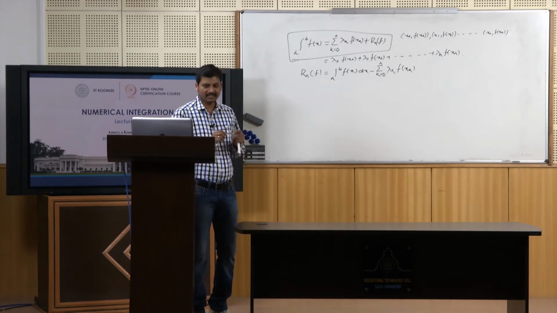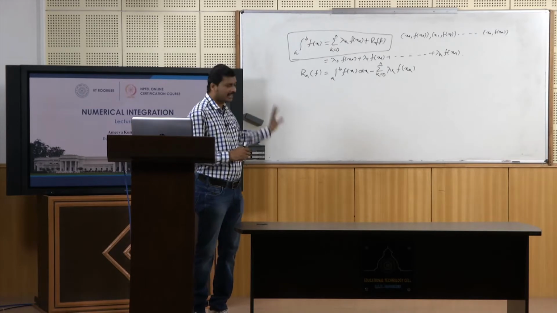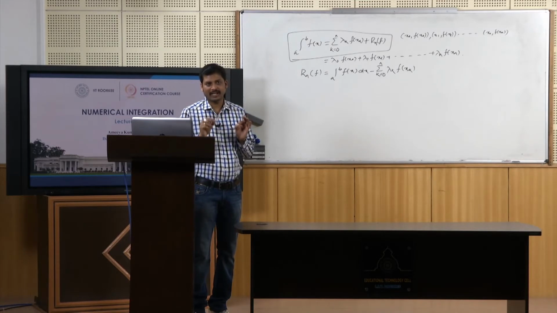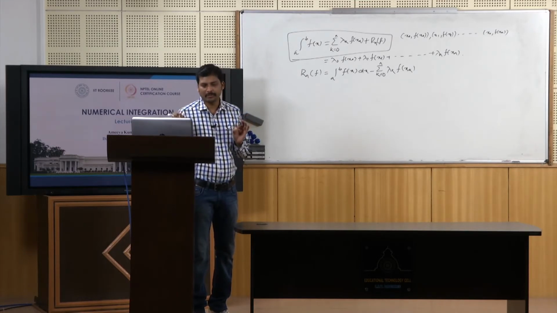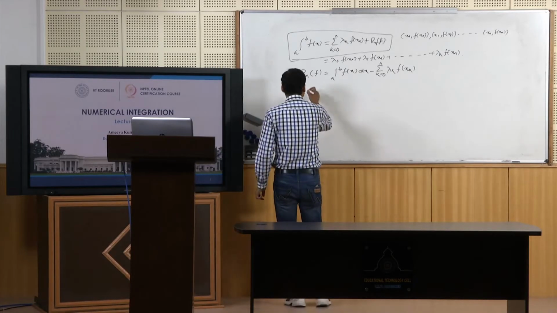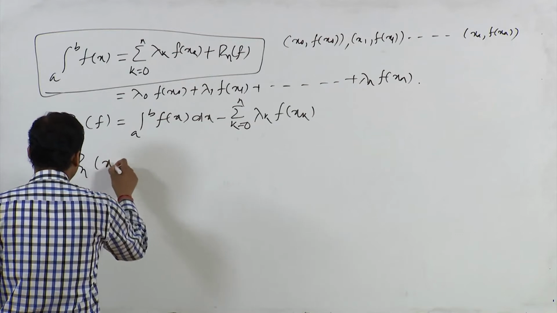This means it produces exact results for all polynomials of the form f of x equals 1, x, x square, up to x to the power p. This means Rn of x to the power m